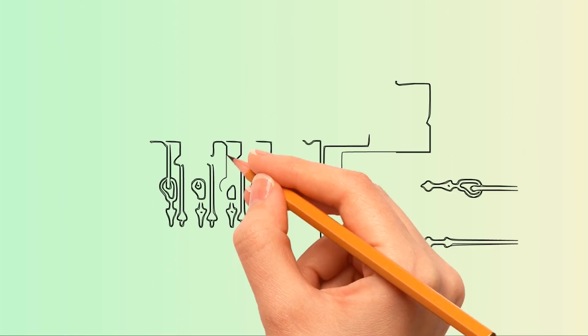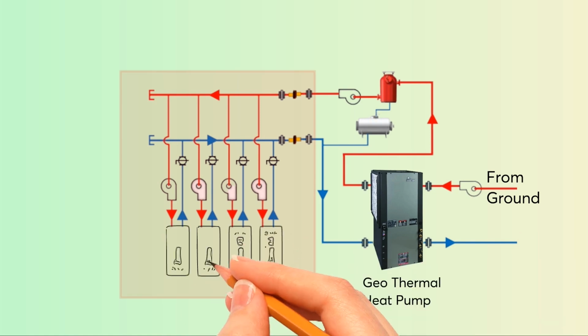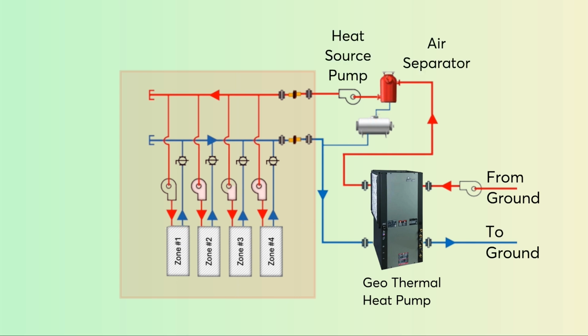This is the circuit. This is the geothermal heat pump, and the hot water from the ground comes into the geothermal heat pump and goes to the different zones. Zones means the conditioned space, and it is through different equipment like air separator, heat source pumps, etc. There is an expansion tank as well to pressurize the system. And hot water becomes cold and it is going through the geothermal heat pump,